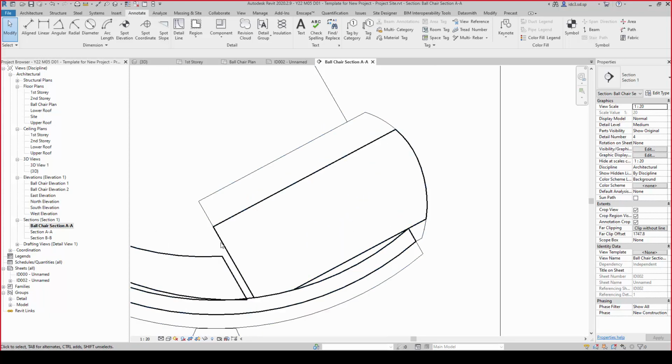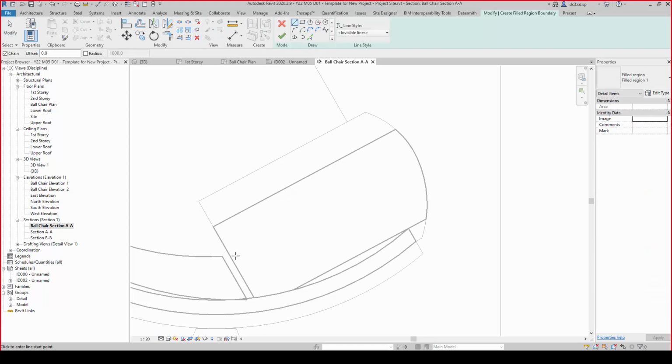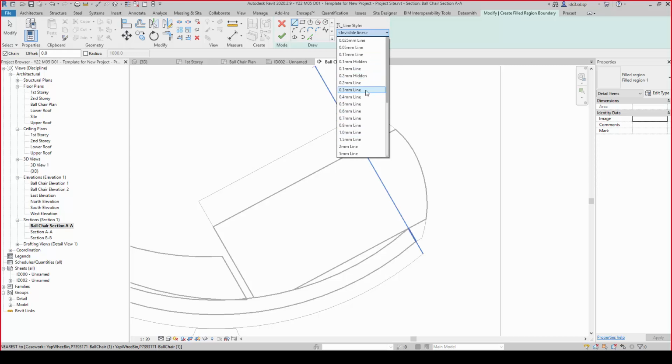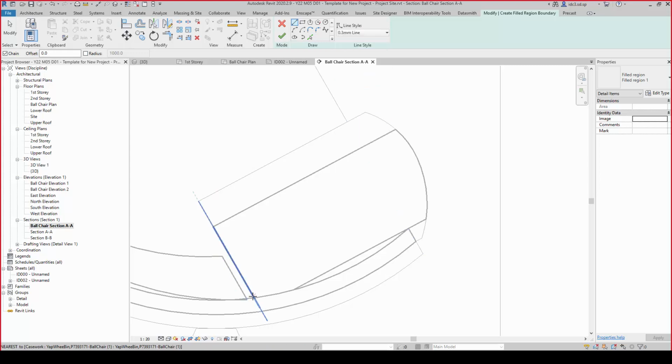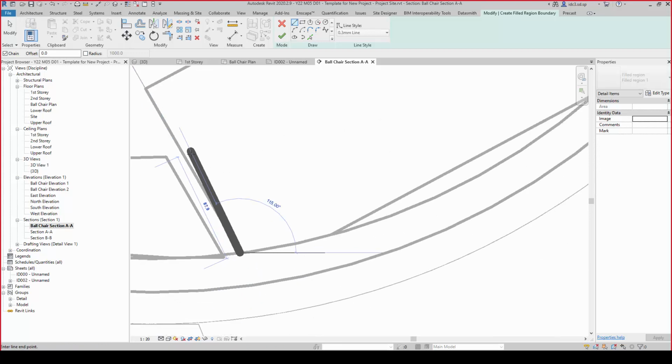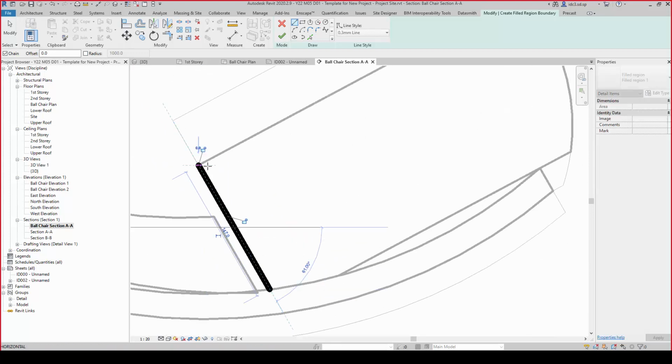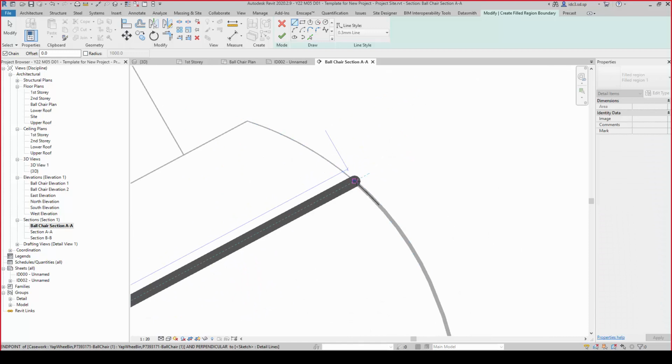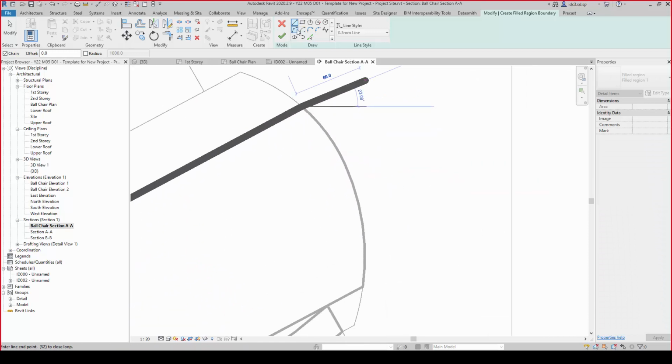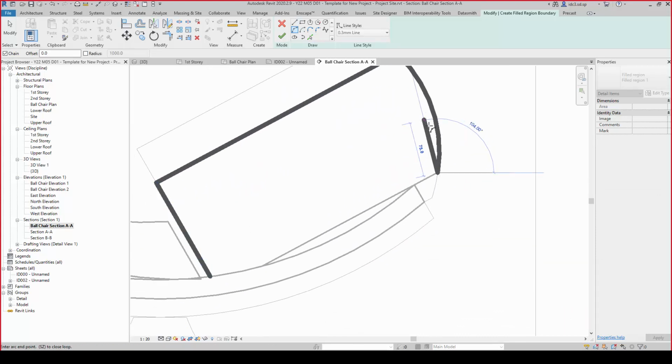Okay, then obviously if I need them hatched and so on, this is foam, I am going to go to filled region here, and then I am going to use a thicker line, like probably a 0.3 line, so that I can draw a thicker line here for my hatches, like that. And then can I get away with using an arc like this and like this? Yeah, I can probably get away with that. And I'm going to use line here,